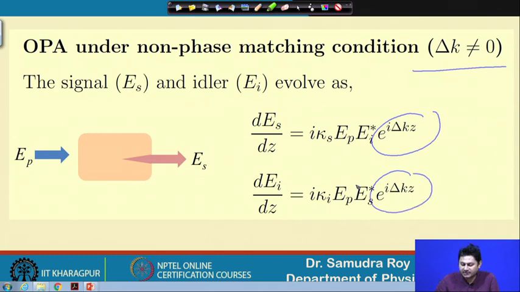Previously it was not there, so that is why we had a simple differential equation. Now we need to deal with this term, because whenever we try to decouple these two equations, this term will have an effect because of its z dependency. So, when we take a derivative of this quantity, we need to take care of this term also, which is